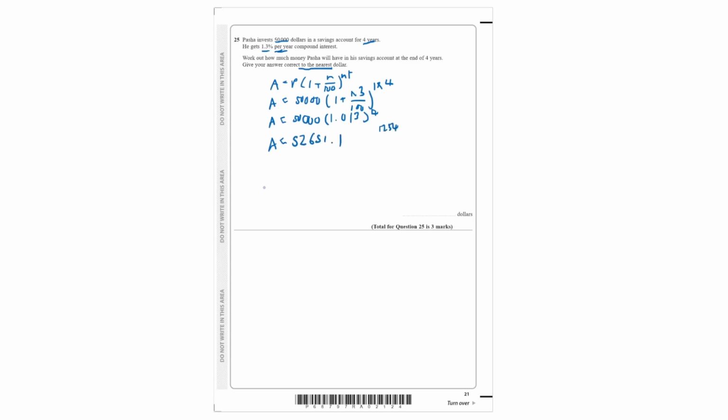1, 2, 3, 4, we round down. 5, 6, 7, 8, 9, we round up. And to the nearest dollar, the value after it is 1, so that means we round down. So that means our final amount is